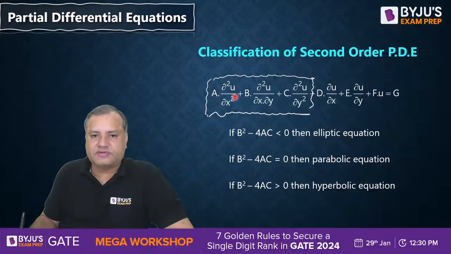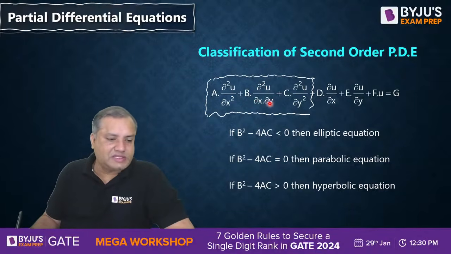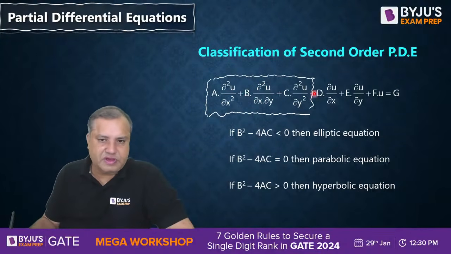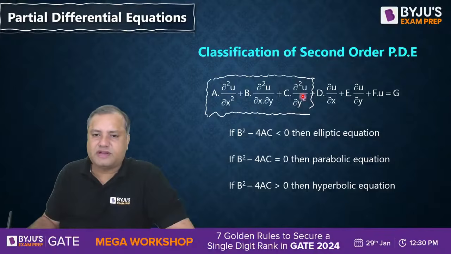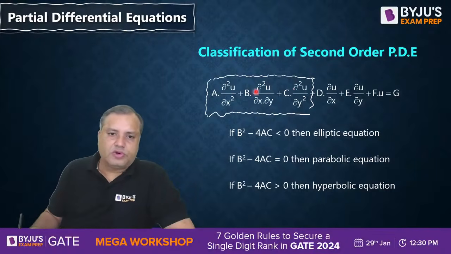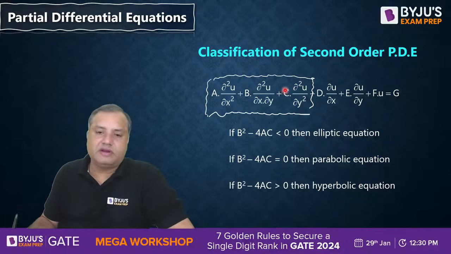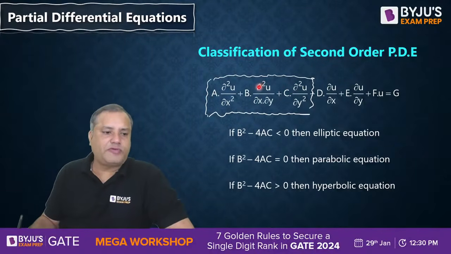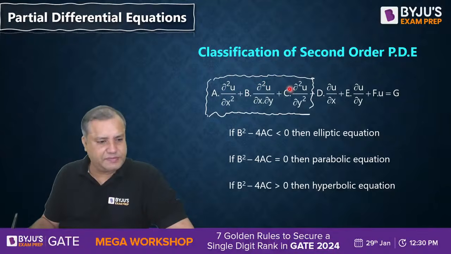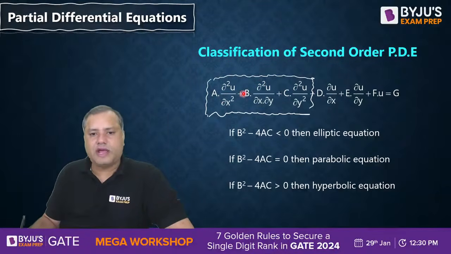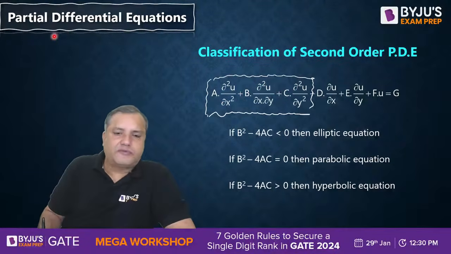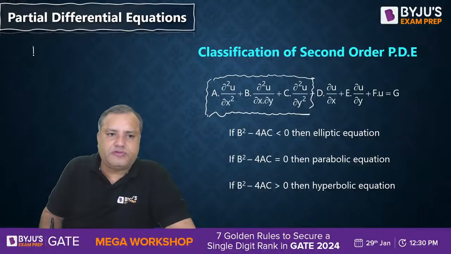So del square u by del x square, its coefficient is a. Del square u by del x del y, its coefficient is b, and del square u by del y square, its coefficient is c. So you have to compare the given second order PDE with this format, and you need to find out the values of a, b and c. After finding out a, b and c,